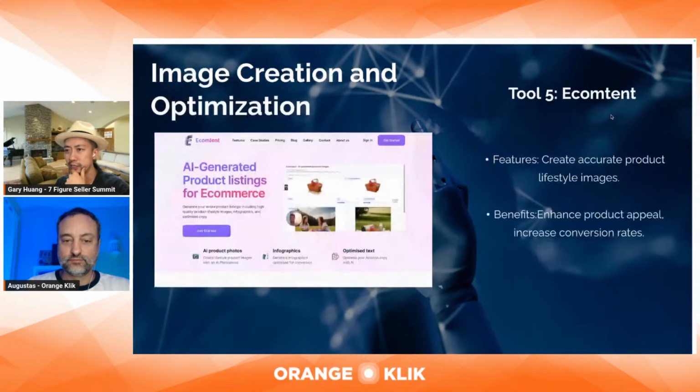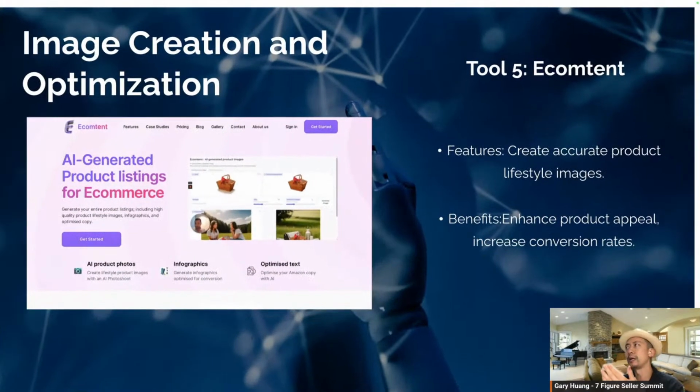Next one is for image creation, for optimization. So this is what we're talking about: product lifestyle images for your Amazon product. For example, one of the kites I'm selling is one of those rainbow kites you fly at the beach, right? So if I want to create a lifestyle image for my Amazon listing for this kite,